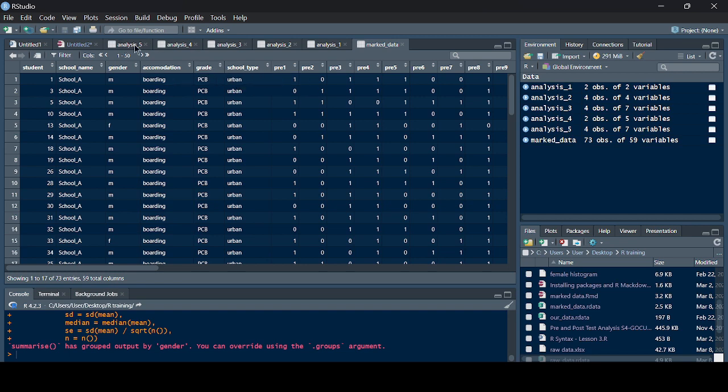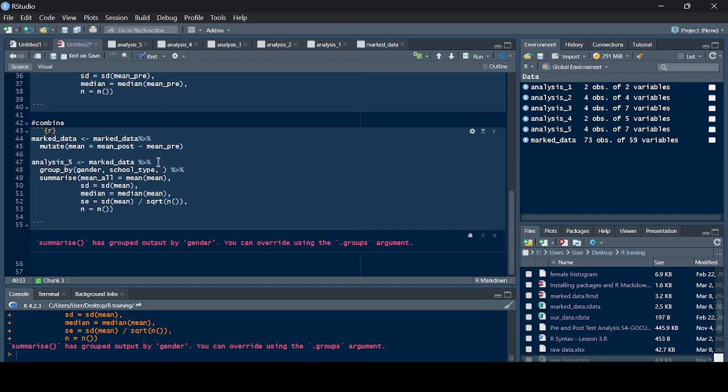We can come here and add them: gender, school type, accommodation, and grade. Know that as long as you are grouping many variables, you will get a small sample, and somewhere you can't get something. If you run this